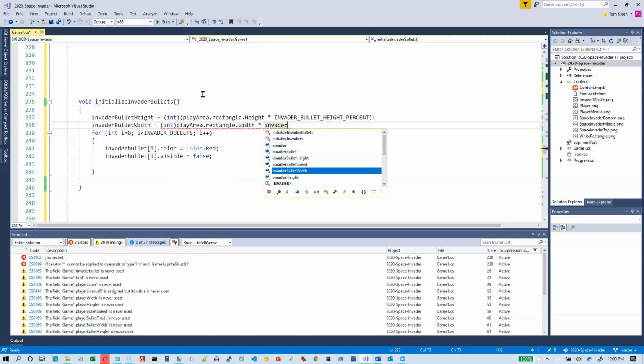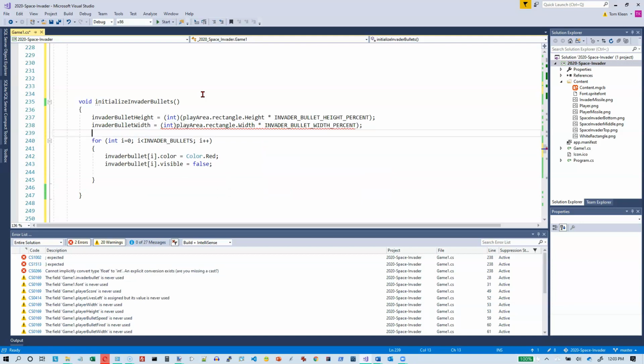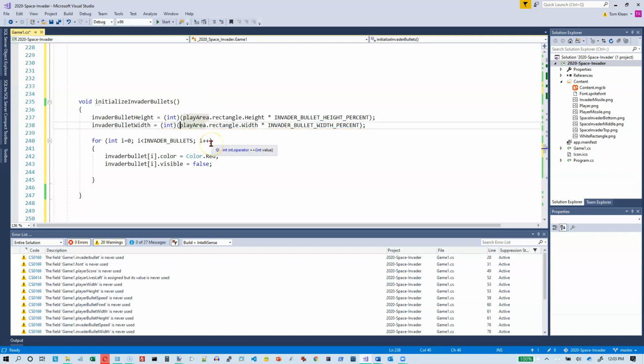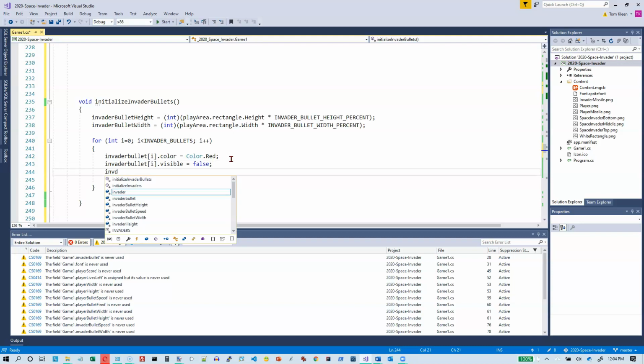And we got a constant for this one too. It should be invader bullet width percent. Okay, so now we know how big. Well, I forgot my opening parenthesis here. So now we know how big each bullet's going to be, and now we can initialize their rectangle. So invader,